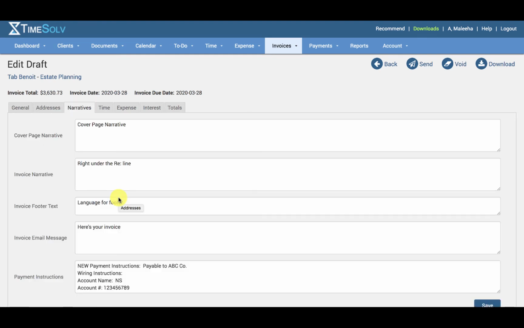From under the Narratives tab, you can change the invoice narratives, so the cover page narrative will appear towards the top of the cover page below the matter and client name. The invoice narrative text appears towards the top of the invoice page, again below the matter name,